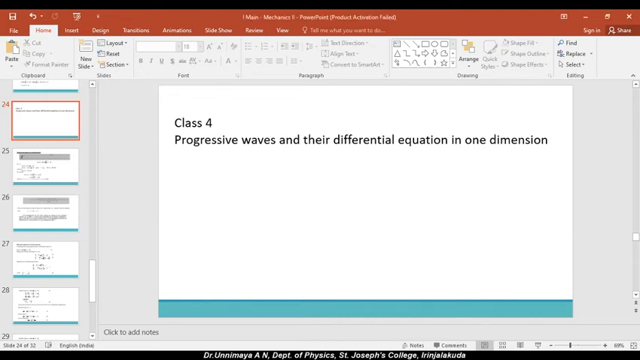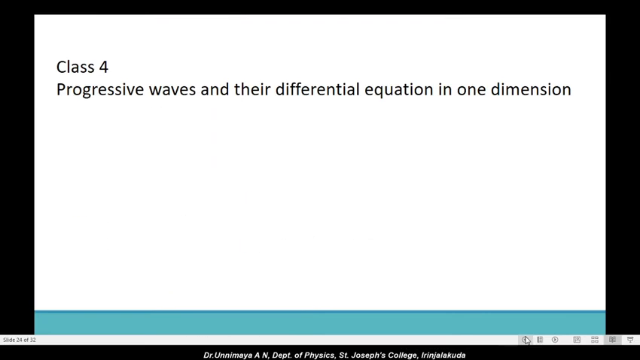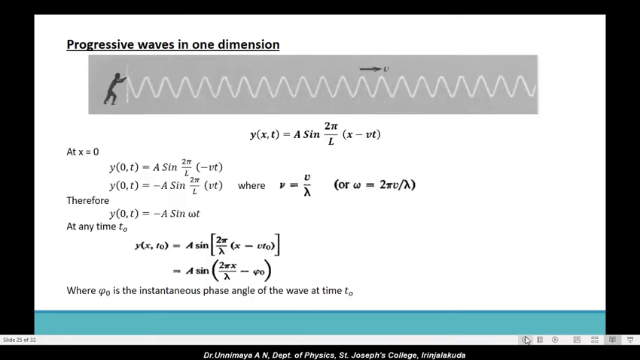Hello all, today we are going to discuss progressive waves and a differential equation in one dimension. In the last class we saw how a progressive wave can be represented, and we proved that a progressive wave can be represented as the sum of a progressive wave plus its reflected wave, that is y(x,t) is equal to a sin 2 pi by lambda (x minus vt)